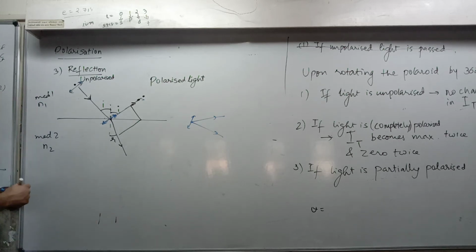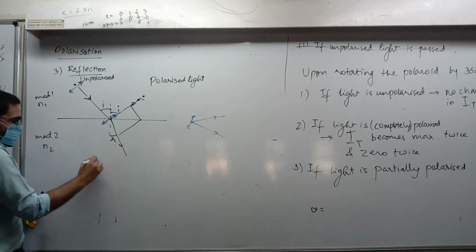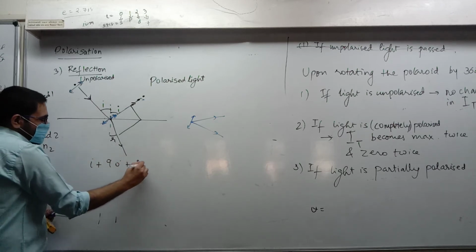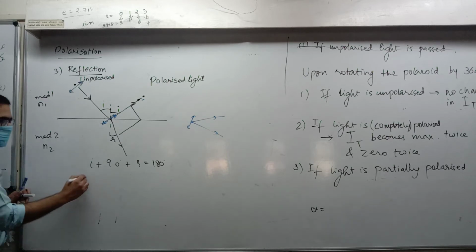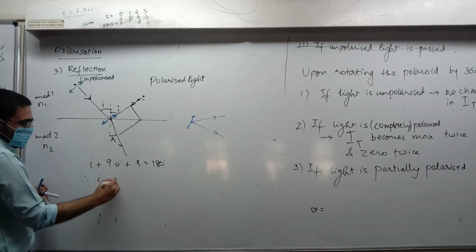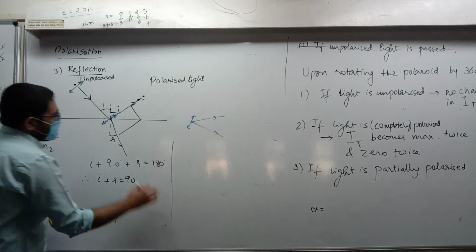Don't worry about that. I'll make you write the law. So let's go here. The geometry is very simple. I plus 90 degree plus R is equal to 180 degree. If you have questions, go to 7th standard. Therefore, I plus R is equal to 90 degree. Right? So now if I use Snell's